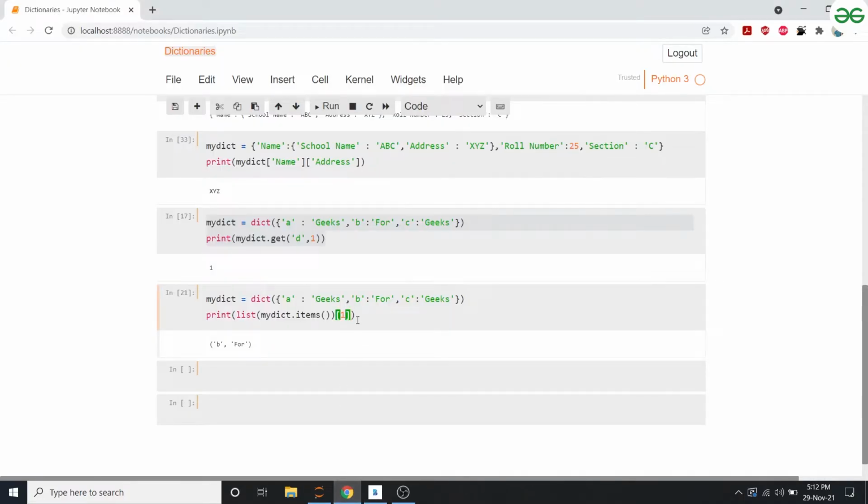So in this scenario, if I pass in 0, it will give me b, which is the second element, the first indexed key. Similarly, if I pass in 1, it will give me 4. Okay, so now we know what items does.